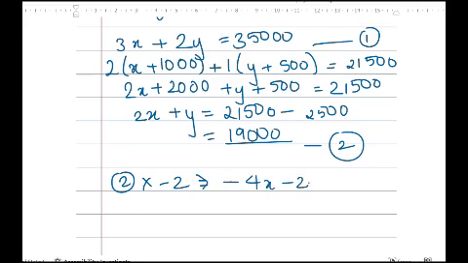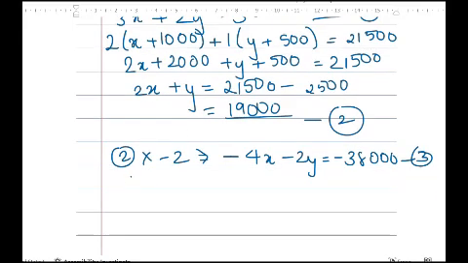That gives you minus 4x minus 2y is equal to 19 twos are minus 38,000. So now once we do this, wait, that would be wrong. Minus 4x minus 2y is equal to this much. So if this is my equation 3,